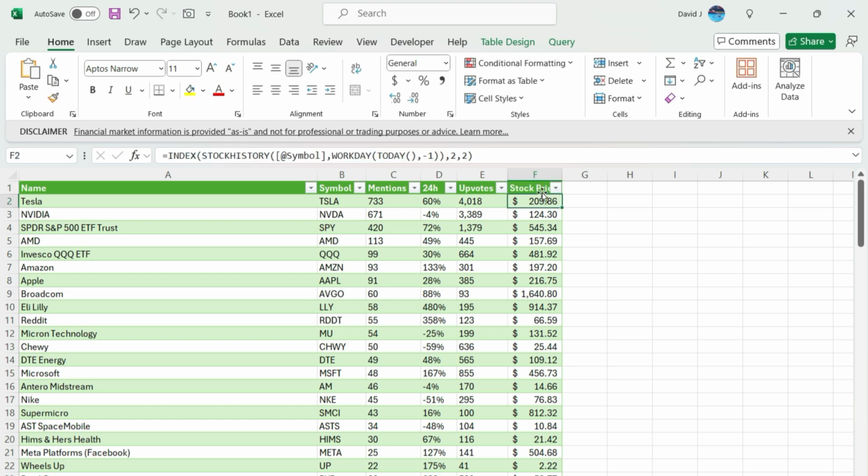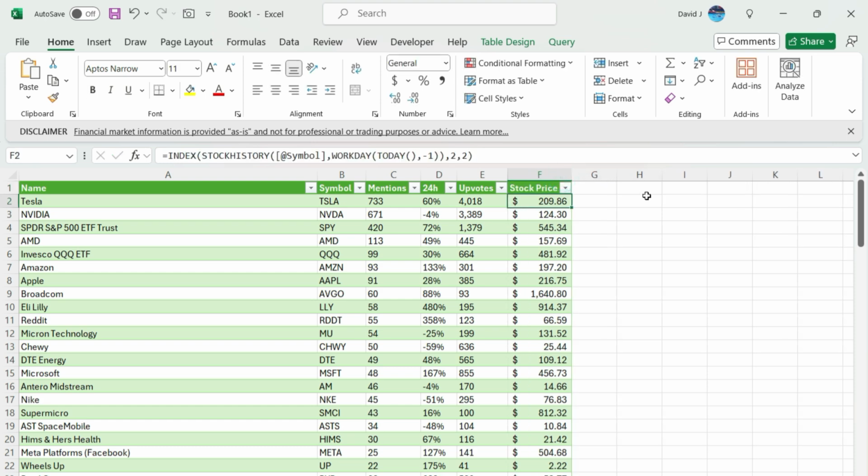So obviously it's not the current day, but it's still reasonably recent. But that's some of the ways that you can sort of use this data from Reddit or from Ape Wisdom and get that data in here into your Excel spreadsheet and start building out a template based on these hot tickers. So if you wanted to track which ones have been moving a lot or trending upwards, you can build that around that stock history function to pull in, okay, this is the stock price a month ago, 3 months ago,